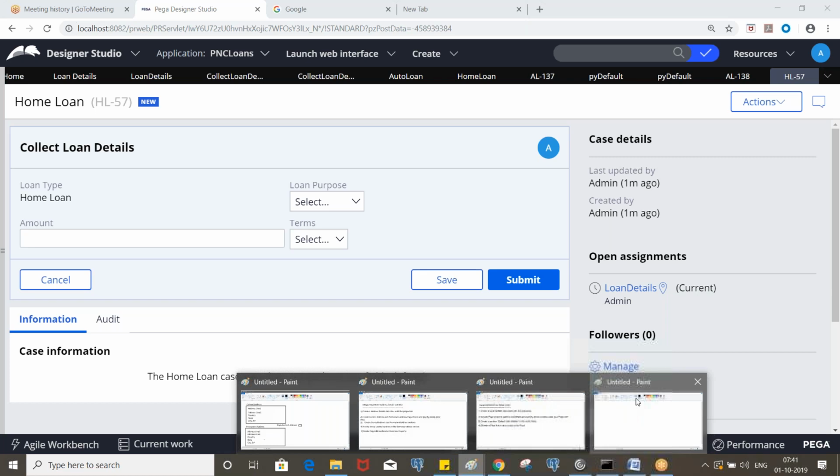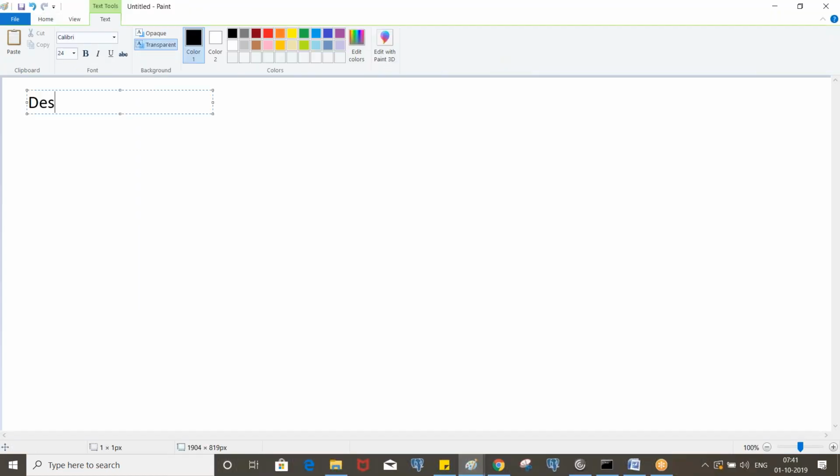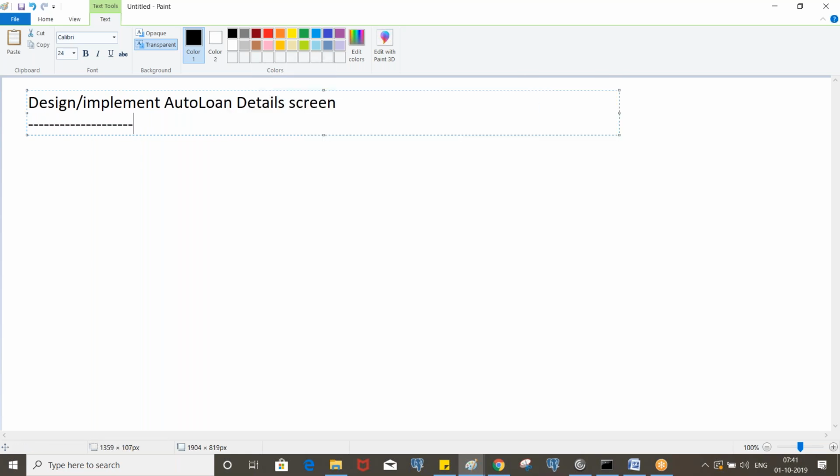Now let's design or implement the auto loan details screen. This will be specific to auto loan.